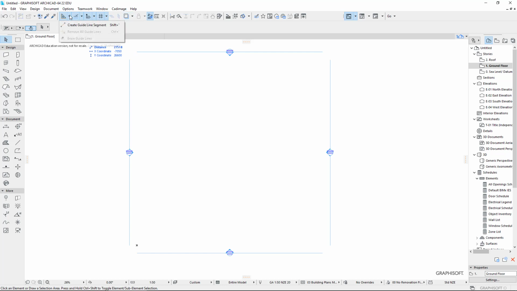So let's look here. If we click on this little arrow, there are options with our guides, so we can create a guide segment. So that creates a small part of a guide. It's going to be easier for us to deal with our guides if we turn off the grid snap. So just turn that off temporarily. When we go near a guide, you'll see that it highlights. A little dot appears here. If we click and drag that, we can move our guide, and if we hit the Control key once, we can copy it. We can also create orthogonal guides just by pulling them off from the sides